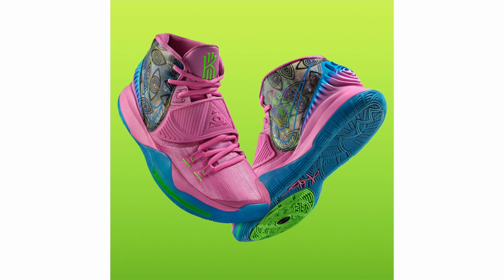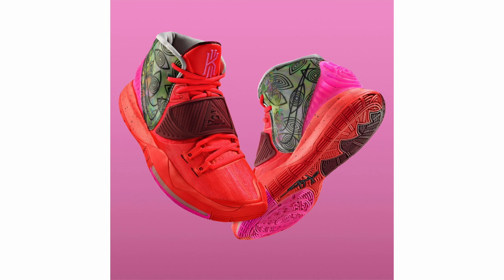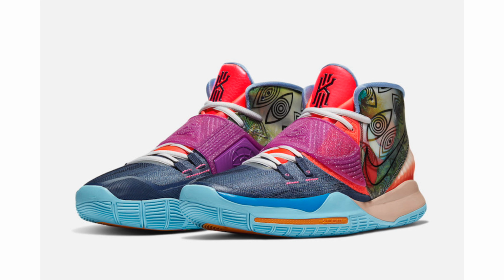Now, for the 12th pair, it's known as Heal the World. It's also part of the Preheat collection. And from my understanding on this pair, this will be a general release, so it'll be available across the world, while the other 11 shoes that I spoke about will only be available in the respective city. Now, a release date will take place on November 11th for the entire collection, and the retail price is set